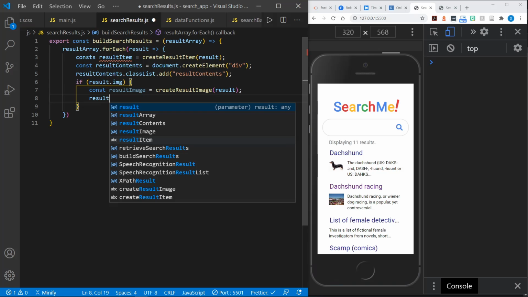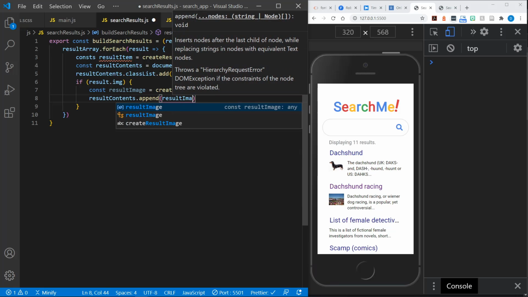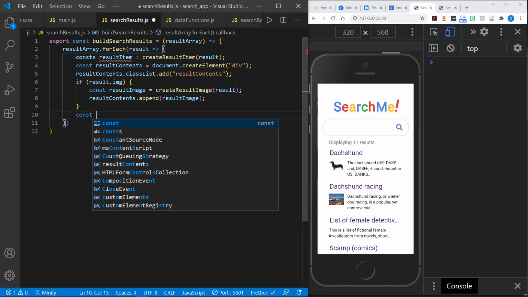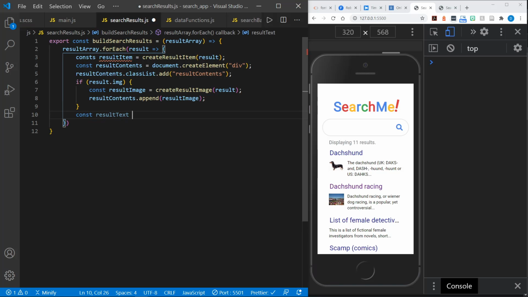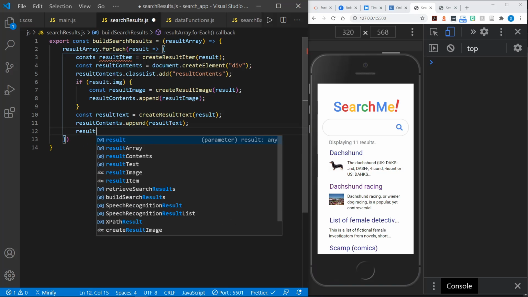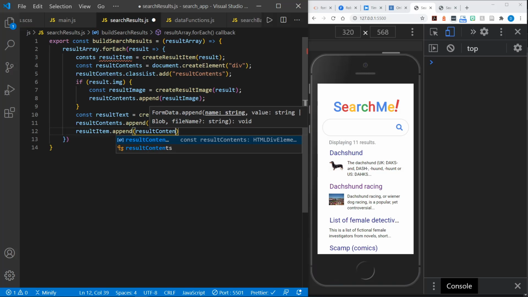And then we will result contents dot append the result image, and then the result text will equal another helper function named create result text. And clearly we're going to have to create these helper functions after we're finished. Then result contents dot append will append the result text, and then result item will append the result contents,